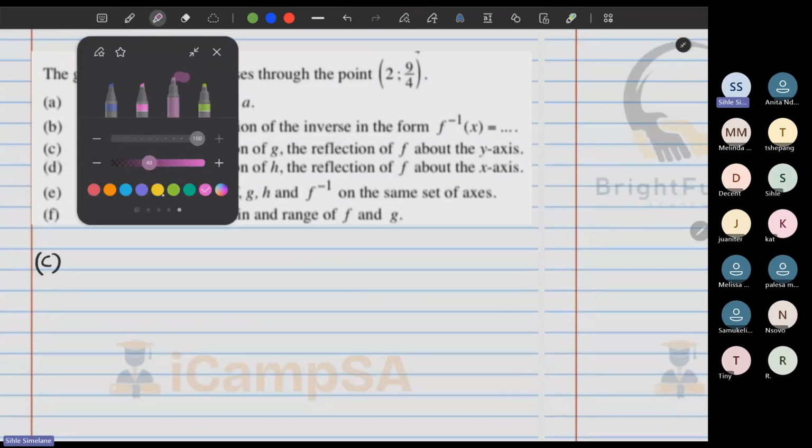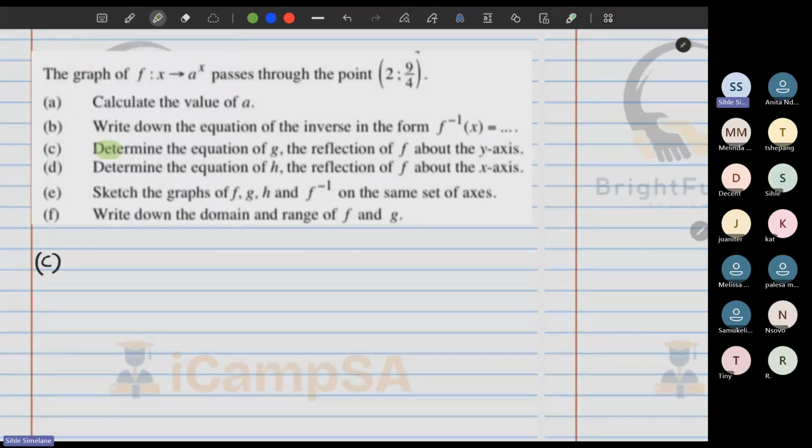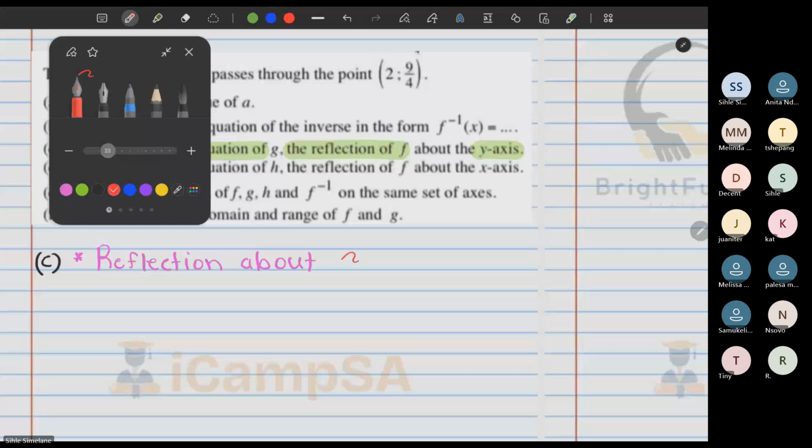So if you look at C, C reads, determine the equation of G, of which G is the reflection of F about the y-axis. So what note do I need to make? I need to make a note that we need a reflection about, very importantly,